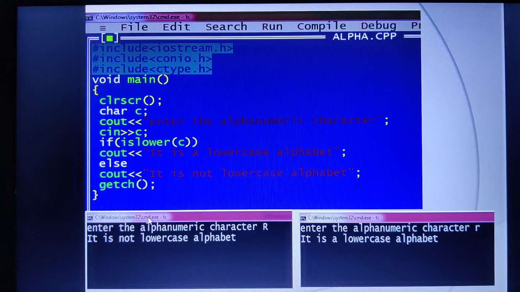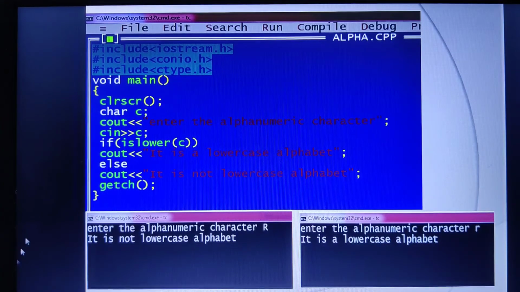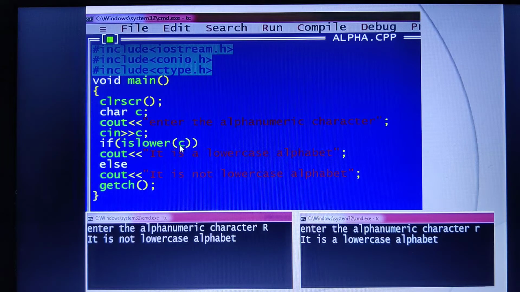You see here, enter the alphanumeric character. It's not an alphanumeric, so you can take it as just enter the character. It is just a string, it doesn't matter here. So in this example I have given capital R, which will be stored here in C. So it checks whether islower of capital R. Capital R is not at all a lowercase alphabet, therefore the false part of the statement will be executed.